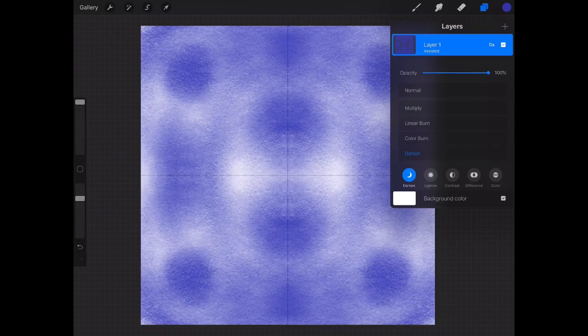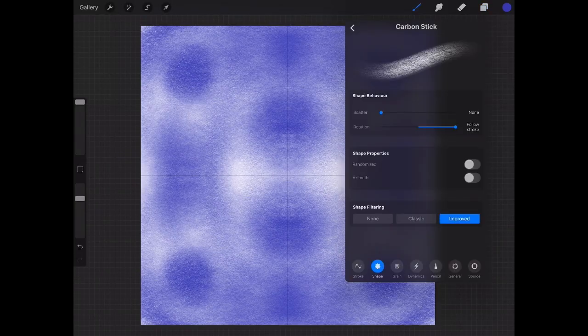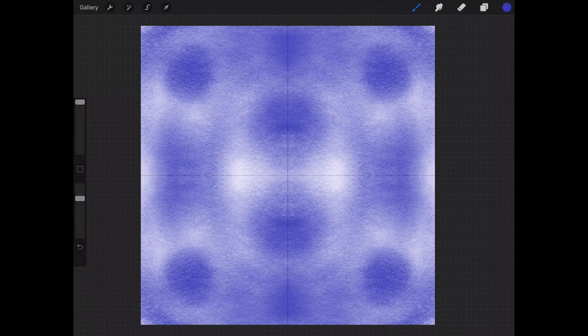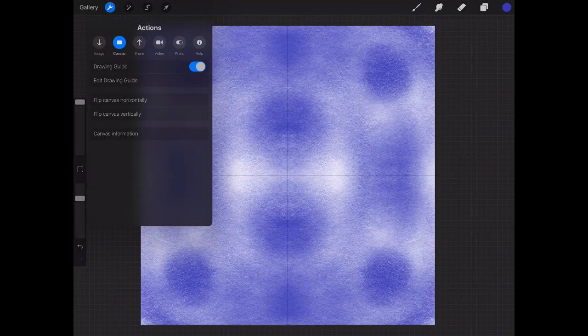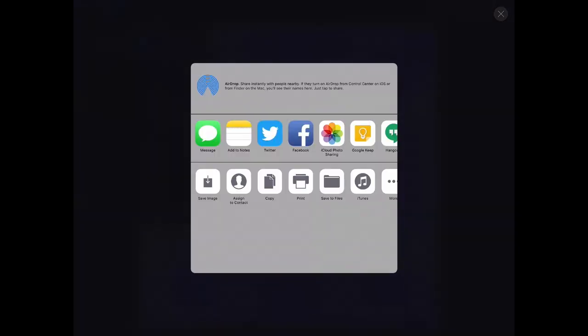And really, you have a lot of control. Not to mention, you could take this over to Photoshop and make any final corrections you wanted to before you bring it over to Moho. But ultimately, once you finish that up, you'll just want to come over here to your Actions panel, and then you can go to Share, and then you can tap on PNG,